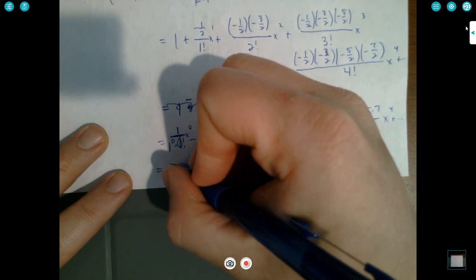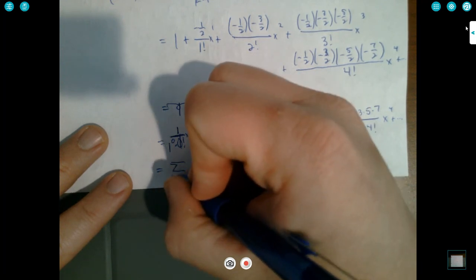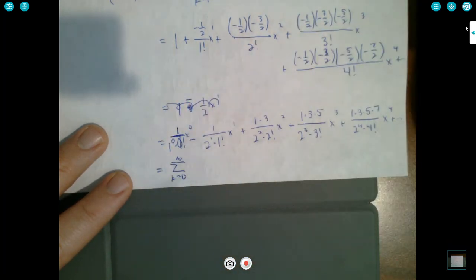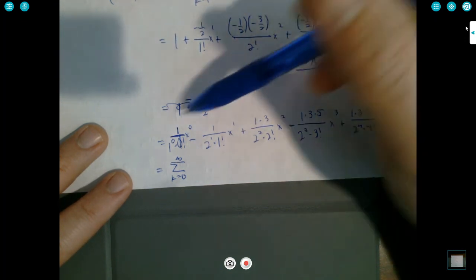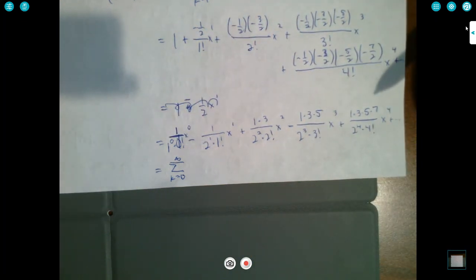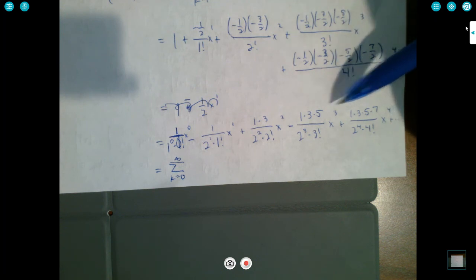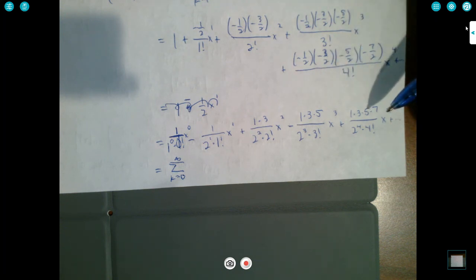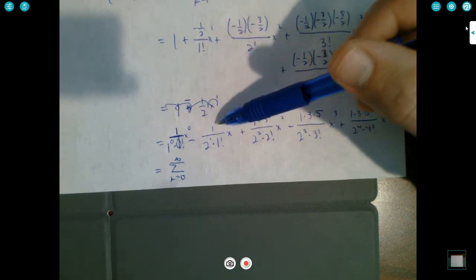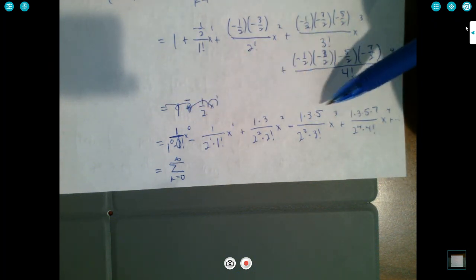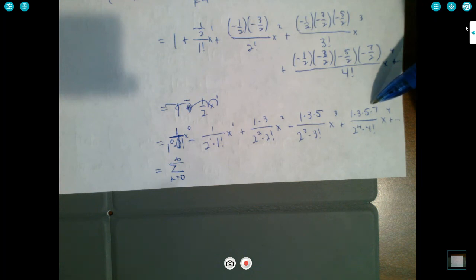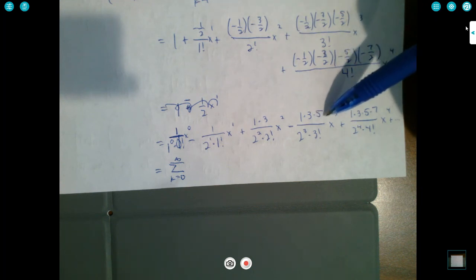I've got the sum from k equals 0 to infinity of, well, the numerator's a little tricky, isn't it? 1 times 3, 1 times 3 times 5. This is when k equals 0, k equals 1, k equals 2, k equals 3, k equals 4. So I think the stopping point is at